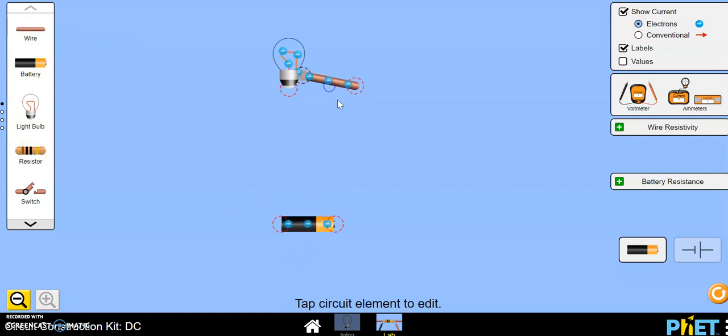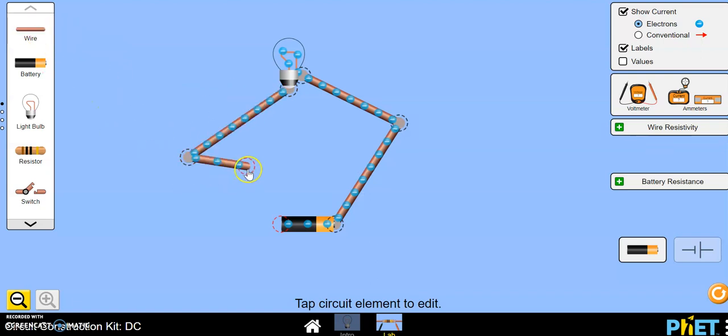And then you just bring a wire in. It's going to show you where you have to make connections, and you can stretch them. And so just to make things pretty, I usually bring a couple wires in because I like to be able to see where stuff's going. Speaking of seeing where stuff's going, you'll see that once you connect a full circuit, you're going to actually get